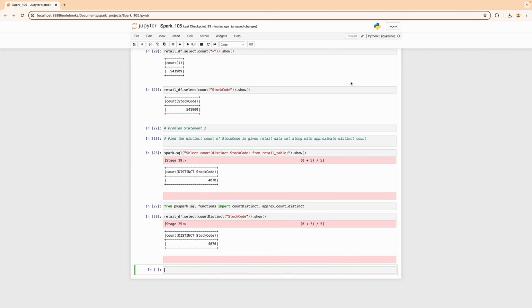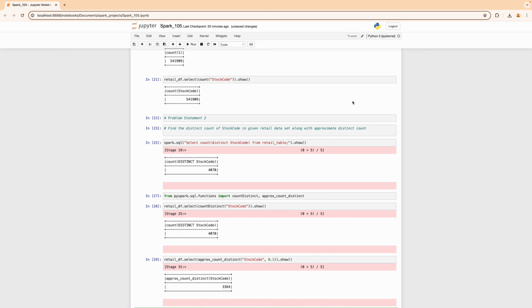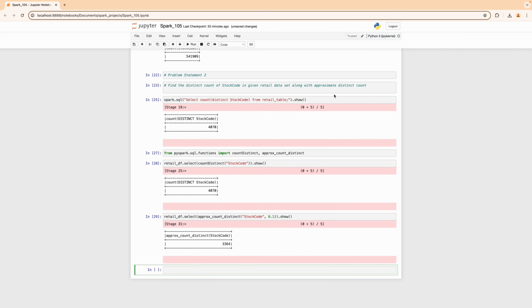Now if I want to get the approximate distinct count, I will say retail data frame dot select approx count distinct and give the same column reference, stock code, and do dot show. Now there's one more thing with the approximate distinct count. You can actually pass the error percentage you want. In this case, let's say we want 1%, so we'll say 0.1. With this, it is actually reducing the count. It's not exactly the same count, but it is getting us the